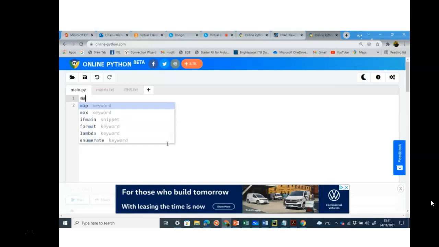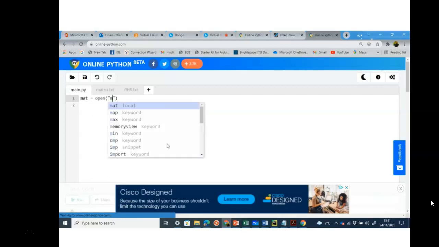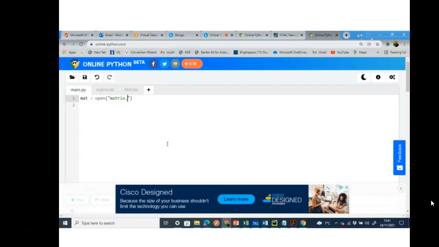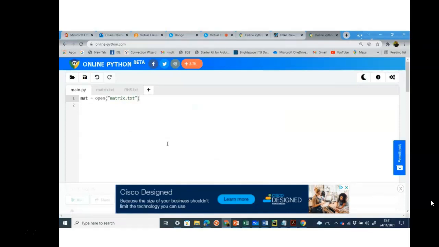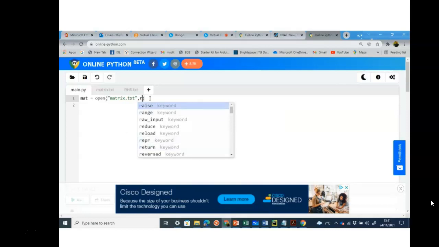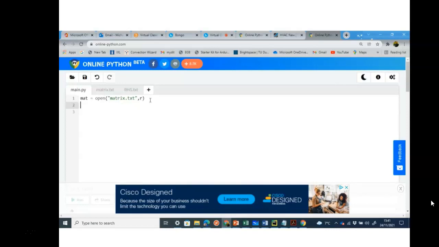First thing we're going to do is open that file and put it in what's called an object called mat. So put in open. The name of the file is matrix.txt. Put that in quotes, and we need to specify that it's read only, because we're only reading from it. So we open our file there and put it in an object called mat, and from that we want to read the values of the coefficients into a variable